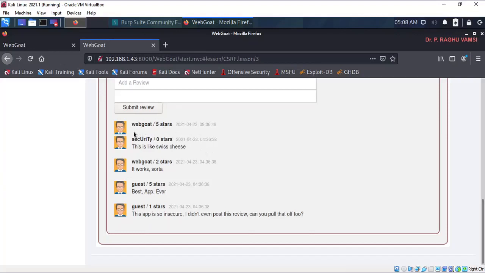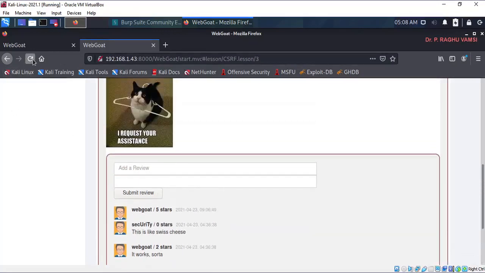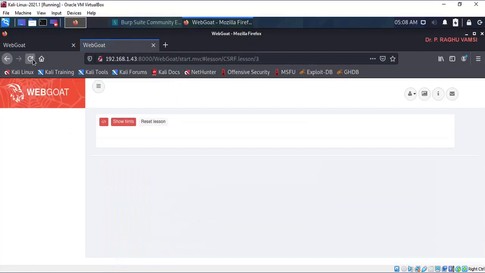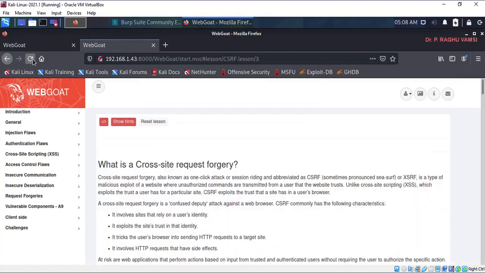But what happened? Whatever code I have written is not appearing here. The reason is it's a malicious code, so it has to be executed. That is the reason it was executed, and the sensitive information like session cookie information, session key or ID information was leaked out. The task is over now. Now it is not showing any review over here. If I go for refresh again, does it give any alert box now? Let's check.